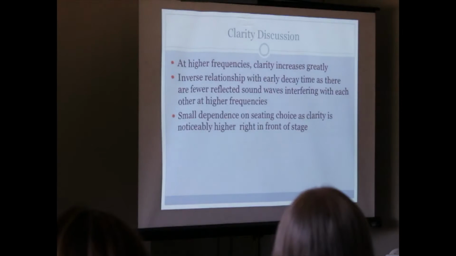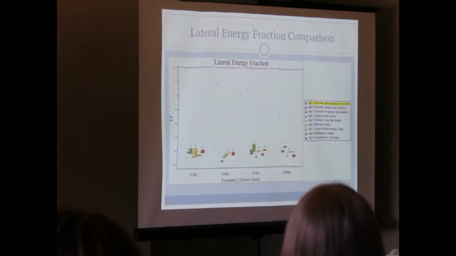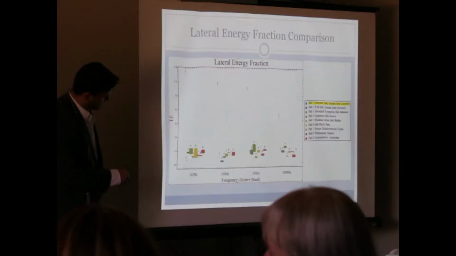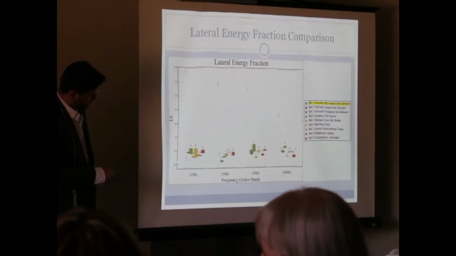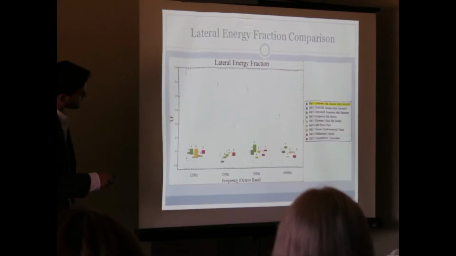As I said, there's an inverse relationship with early decay time and a small dependence on seating charts, front of the room to the side. The lateral energy fractions are where we get some exciting data. All of these halls are sitting here. As I said, the normal range is 0.05 to 0.35. All of them fit in this range except for